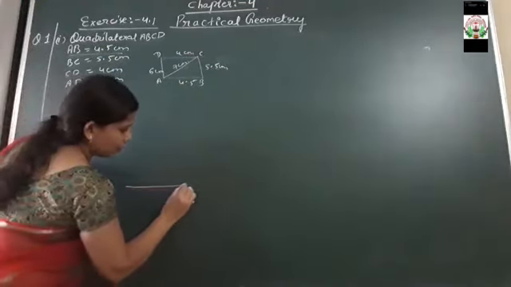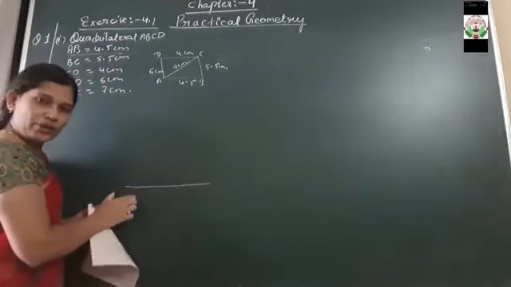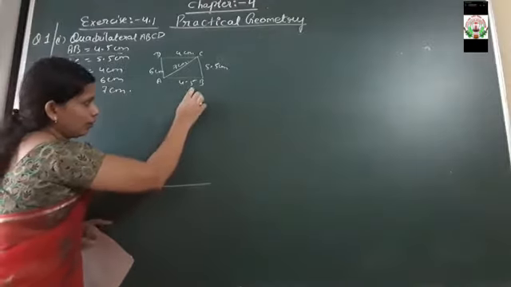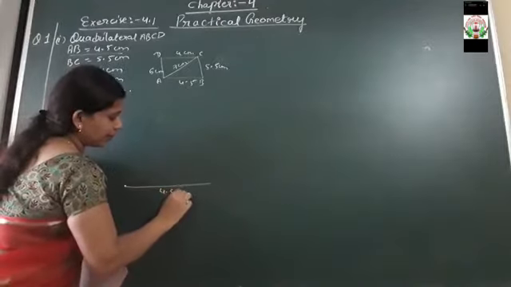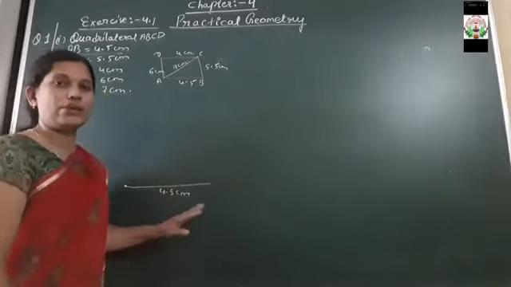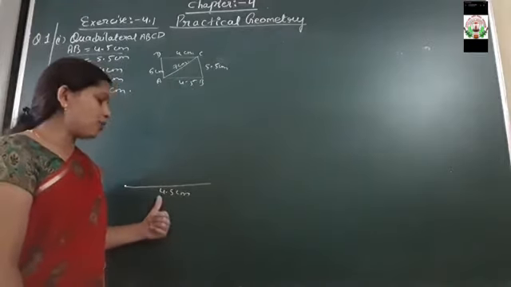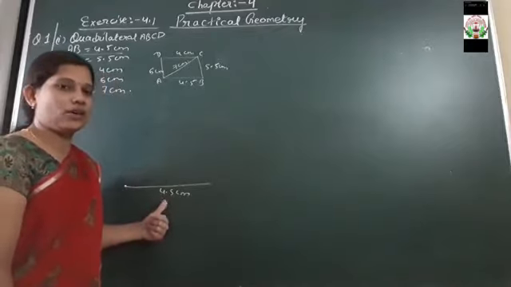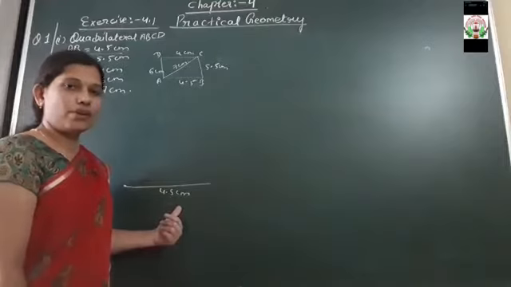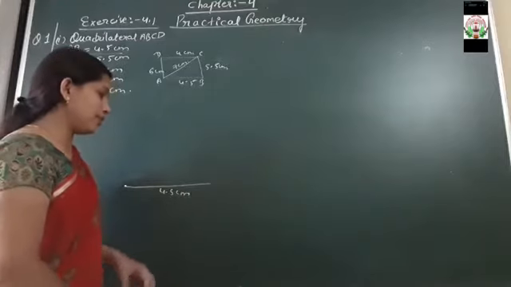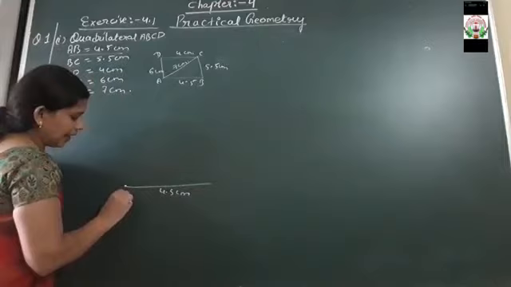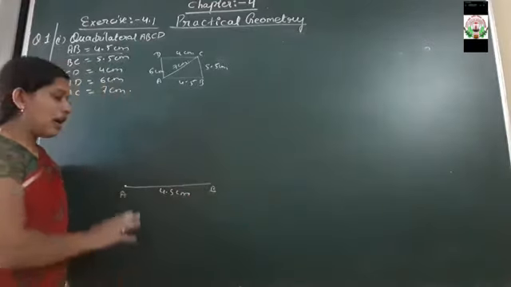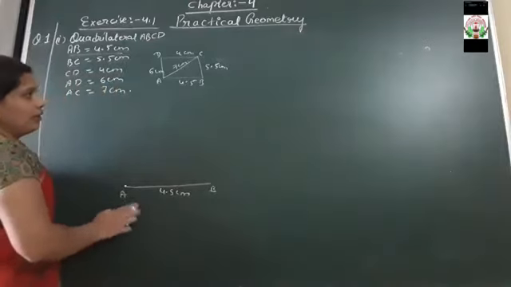That is, take your scale. Keep the pencil at 0 of the scale and mark 4.5 centimeter with the help of your scale and pencil. You have to draw a straight line of measurement 4.5 centimeter. आपकी help scale और pencil की help से straight line draw करना है जिसका measurement 4.5 centimeter होगा, and label it as A. Give the name A and B. Clear up to here?